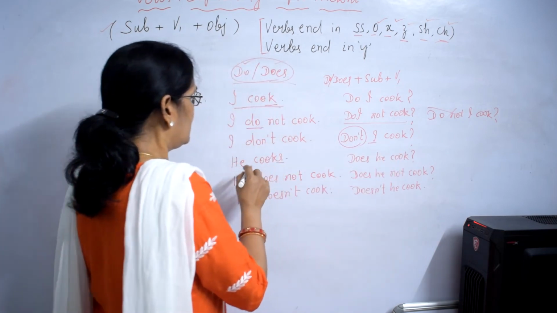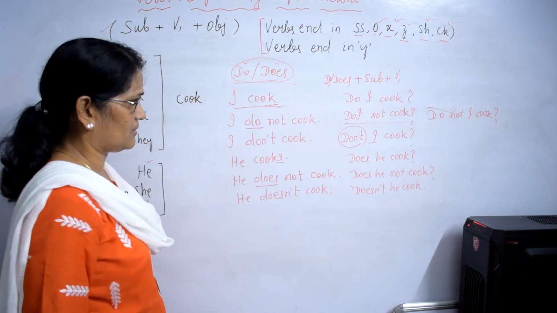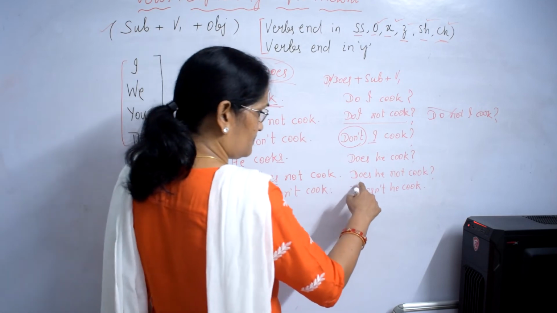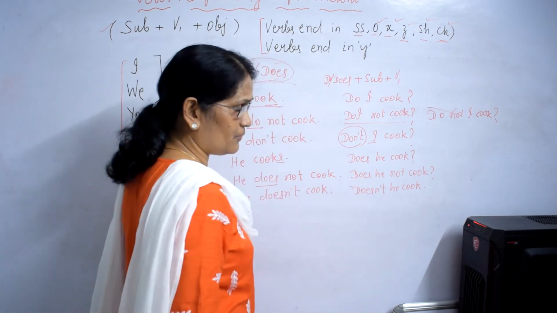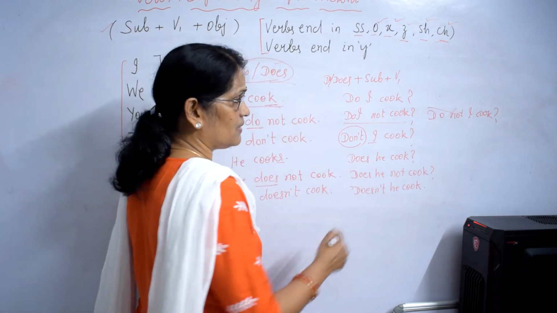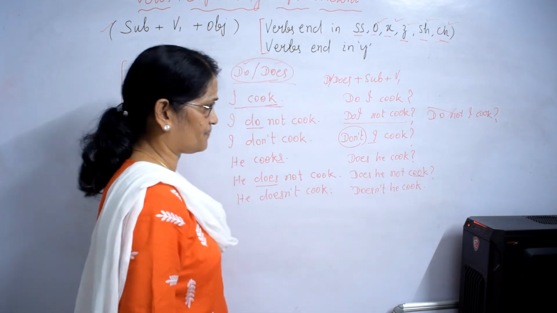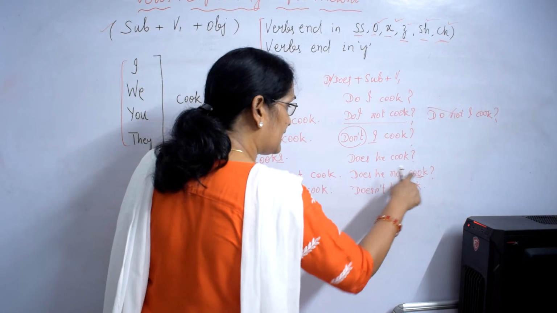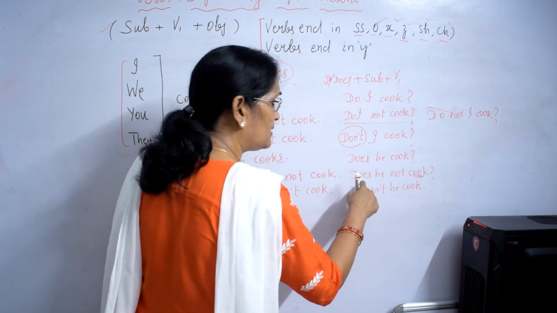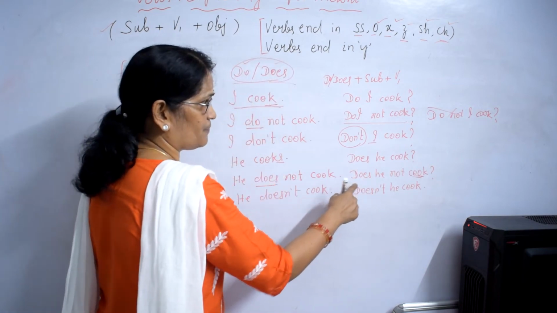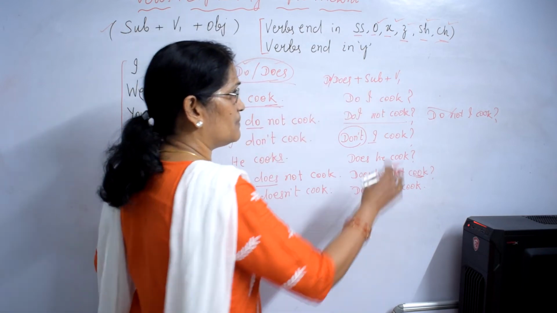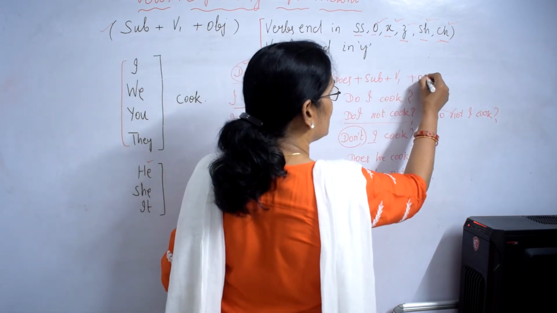Suppose here does is there, right? He doesn't cook. When we bring does to the front, we don't write cooks, because that s exists where? Exists in does. Understand? So, do or does plus subject plus V1 plus object is the format